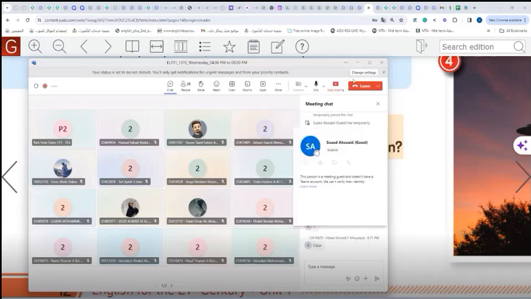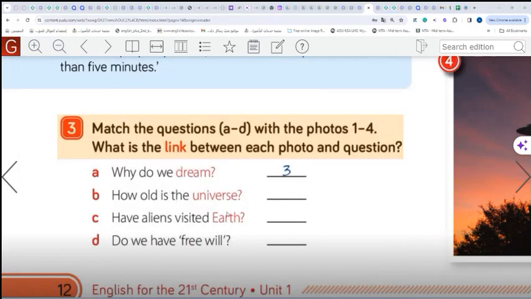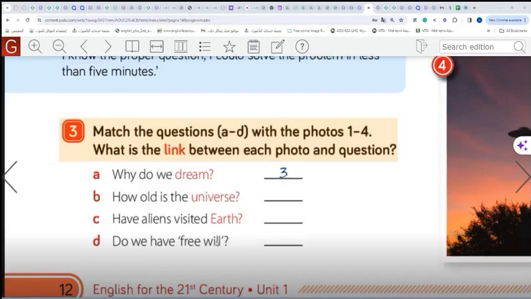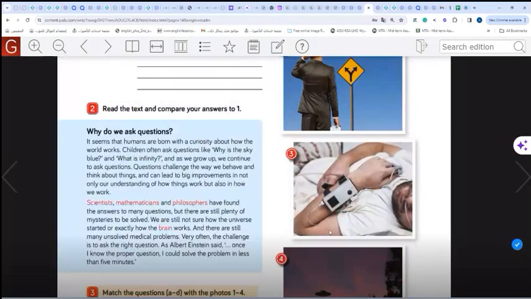Okay, so dear students, this is what we mean by free will. How can we translate this phrase? What do you mean by will? Yes, right. Okay, so dear students,